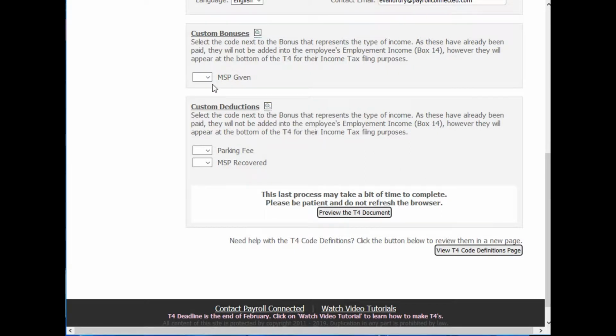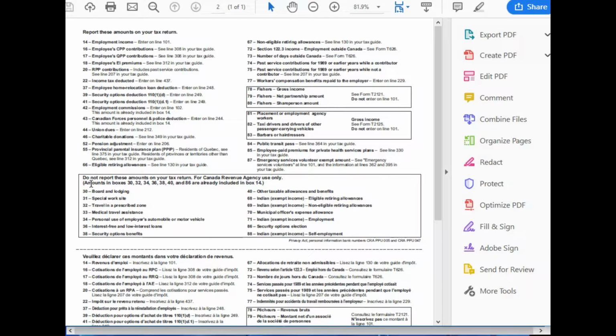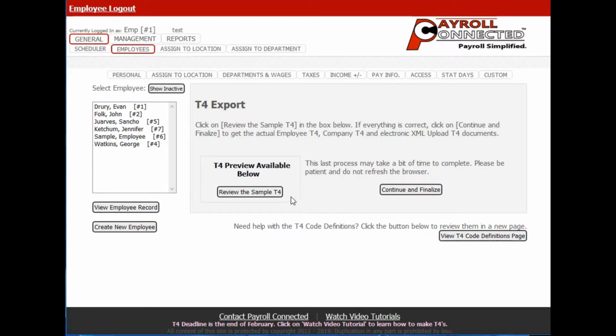And if you need help deciding which code to use, you can click on View Code Definitions page, which will bring up basically the back of an ROE to help you decide which code to assign each bonus or deduction to. Once you have that all set, you can click on Preview the T4 document, and this will generate a